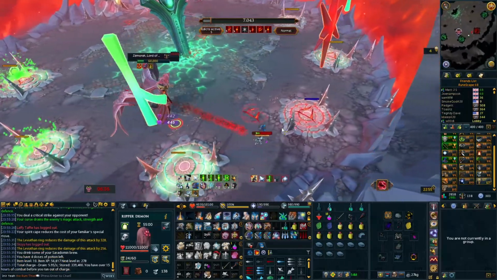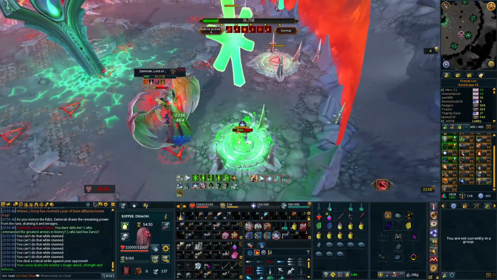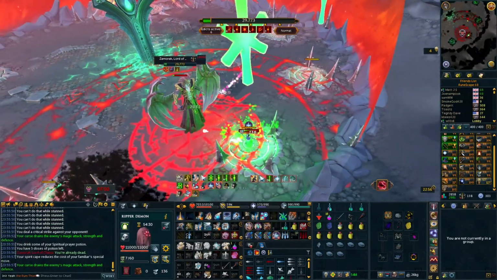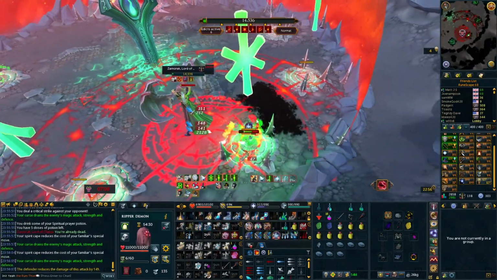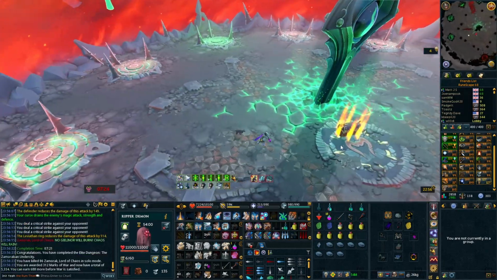So Zamorak, definitely a boss that you can do. The only thing I would have kept in mind here is, one, I didn't bring an adrenaline potion because, again, I'm stupid and forgot to sort out my preset. But otherwise, you could definitely get through this kill nice and easy, skip some mechanics with this gear,